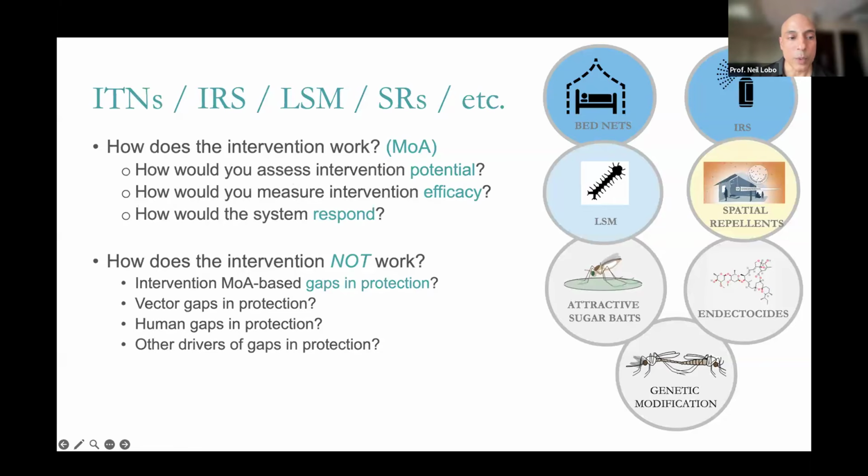And then also, we want to see how the system responds. If you remember, things are going to change when we implement an intervention. So how does the transmission system respond to the bed nets, or IRS, or LSM? So we want to see how that happens. We also want to see how the intervention does not work. What are the gaps in protection based on the vectors, based on humans, based on many other things that might happen? And again, if we understand this, we are making decisions better than most people, and we are protecting people